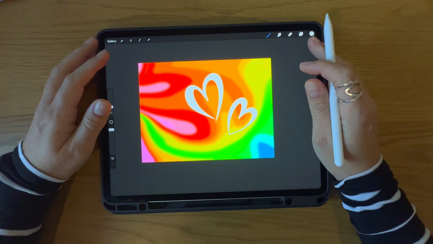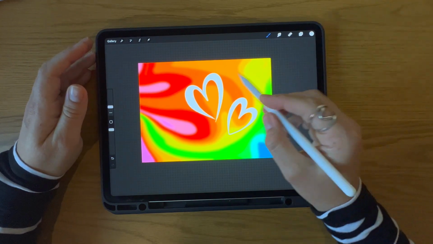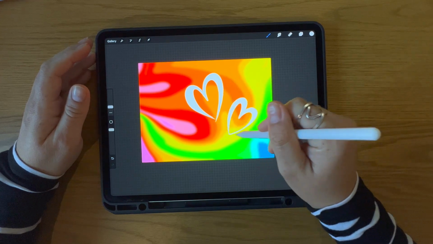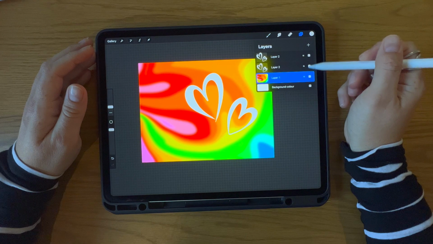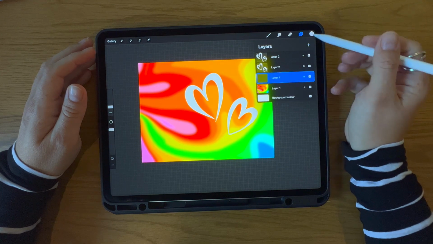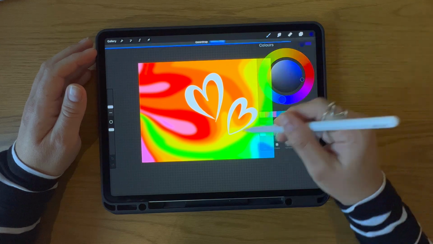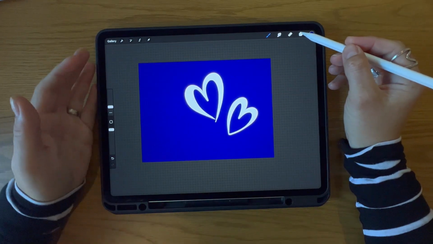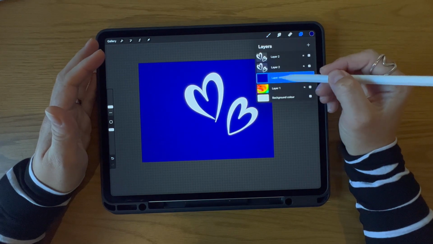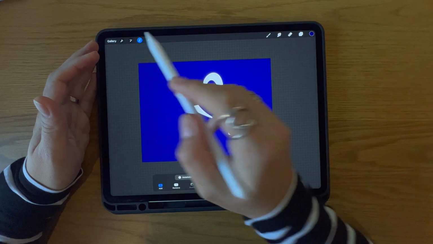Another fun way to use the Gaussian blur is by creating a glowing effect. What I've done is I've taken this heart element, these hearts, I've duplicated the layer, as you can see. I'm then going to put a dark blue layer beneath this. Then I'm going to select the first heart layer, and I'm going to select my